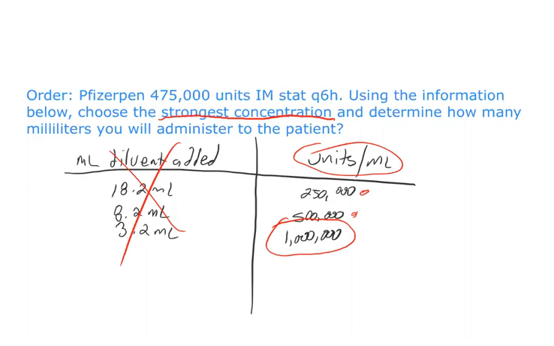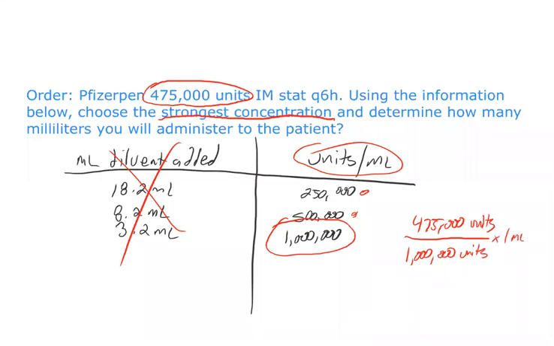Now, I gave you an alternative thing because in the key, you saw that it was 350,000. In the packet, I think it said 375,000. So I just changed the order here, and that's what I would do on your test: I would just change the actual amount in the order for this particular medication. So all you do for this question is you take the 475,000 units over the 1 million units times the 1 milliliter, and you'll get